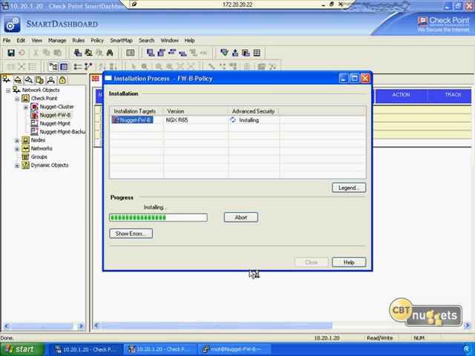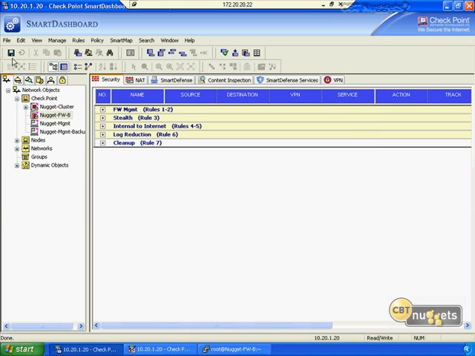So it's going to verify and it's going to attempt to install, and if we're lucky, everything should go completely well. We won't have to add any additional information. And we can see installation completed successfully to our Nugget Firewall B. So we're in good shape. Now we can dive in